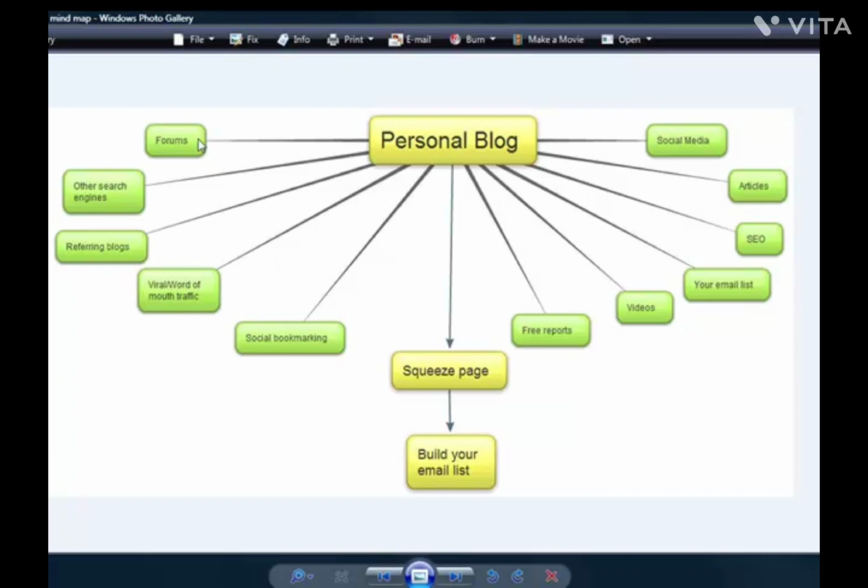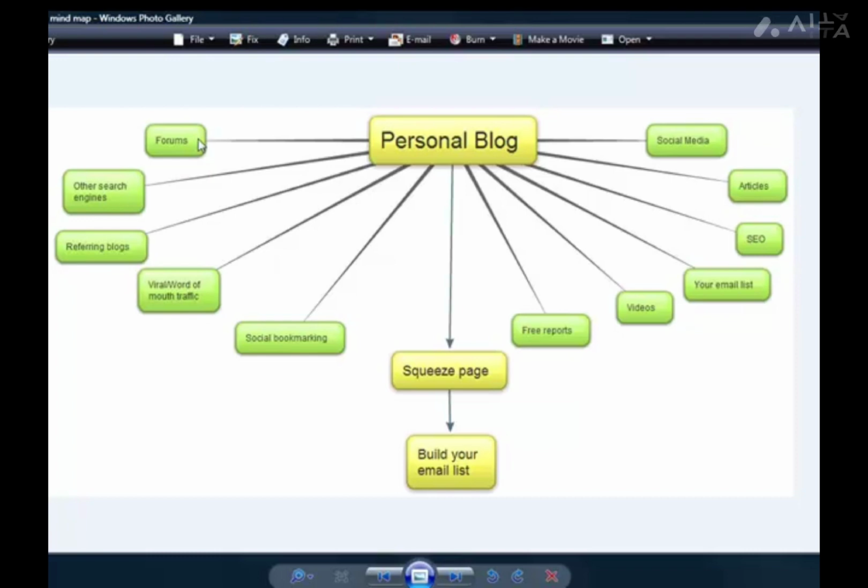Now I'm talking about sales pages, I'm talking about affiliate offers. Don't be making videos and sending people to affiliate offers, or any sales pages, because it's completely pointless. You're going to waste all of that time and all of that effort making the video or writing that article just to send people to a sales page that may convert at 2% or 1%. So one person out of 100 will buy. You're better off sending that 100 people to your personal blog, and then you may get 15, 20, 25 people opt into your list, if not more,